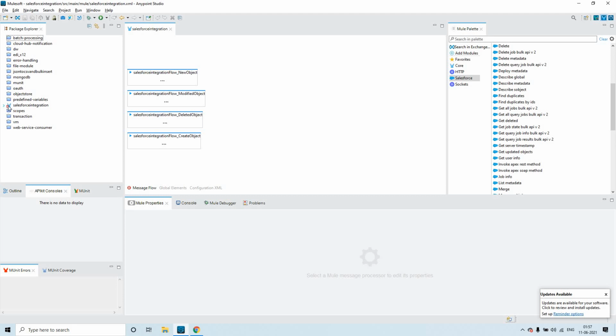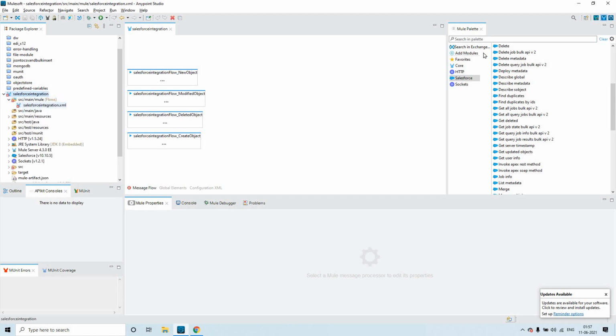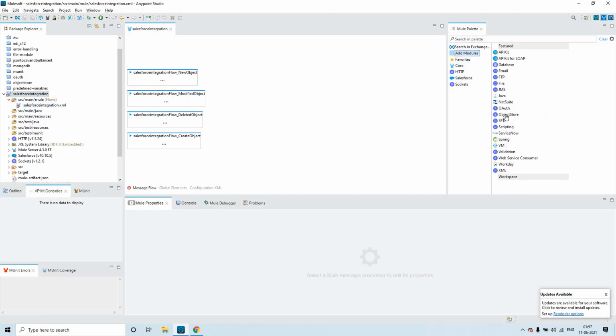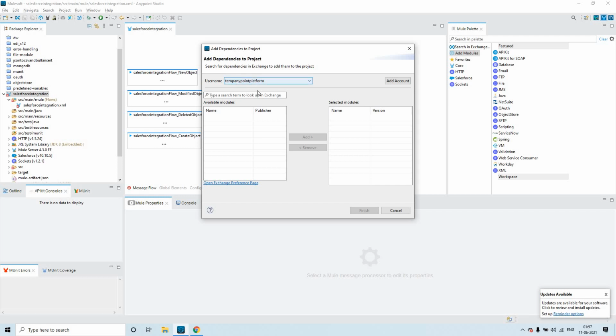Okay, collapse all. So in order to do this, you have to add this Salesforce module to the project. Okay, so this is the project, right? So for that, you have to click on add modules and pick up Salesforce. Okay, if you don't find it in this add modules menu, you have to click on search in Exchange, and you have to give your AnyPoint platform credentials. Okay, and type Salesforce.